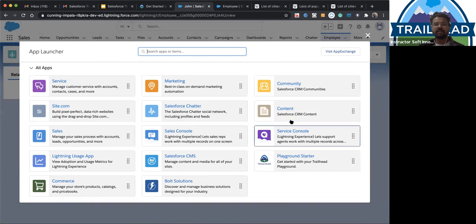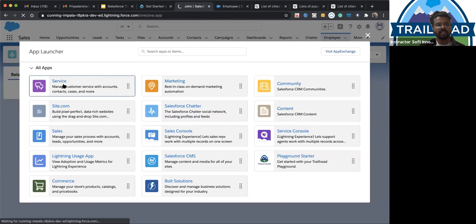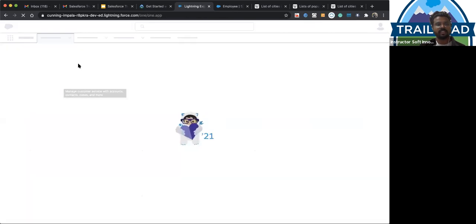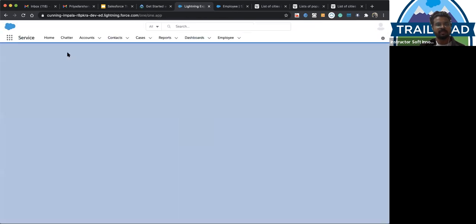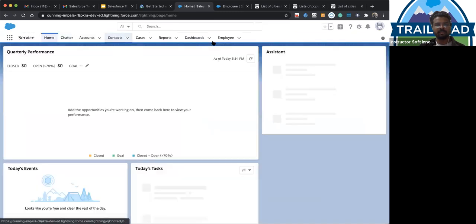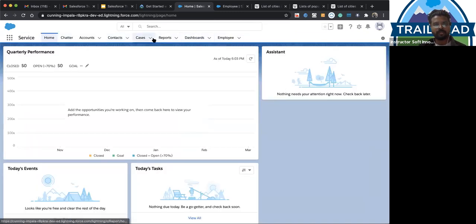Since these are different types of users who have to work on different things, if I open the service app, I can see only this much amount of tabs, or objects, available.